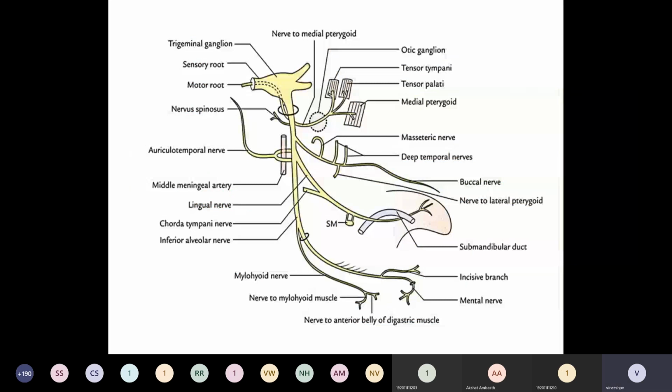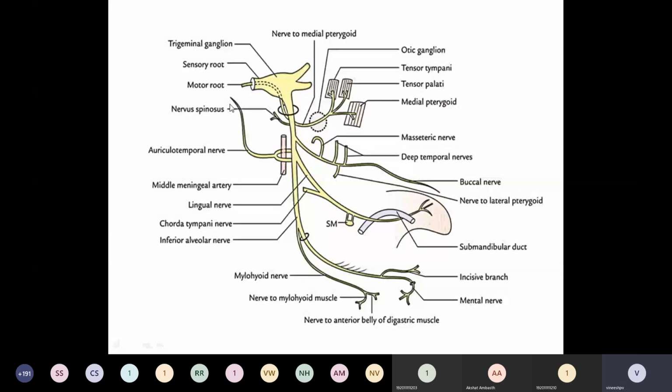See, this is the auriculotemporal nerve. You can see that it takes origin as two roots, an anterior root and a posterior root, and it encloses an artery, that is nothing but the middle meningeal artery. So these two roots enclose the middle meningeal artery. Then these two roots join together, and it runs upwards and supplies the scalp.